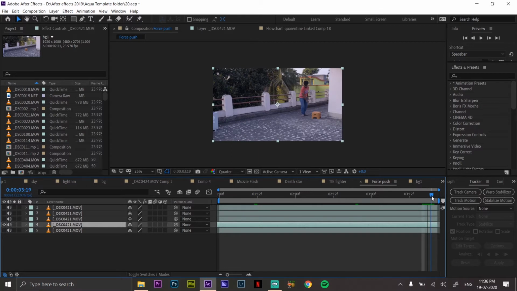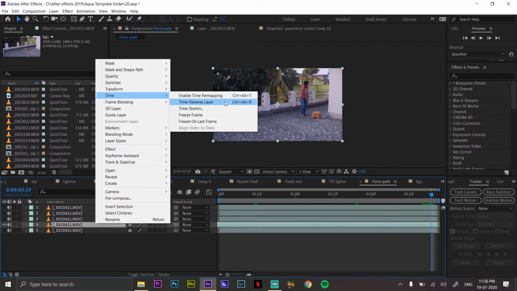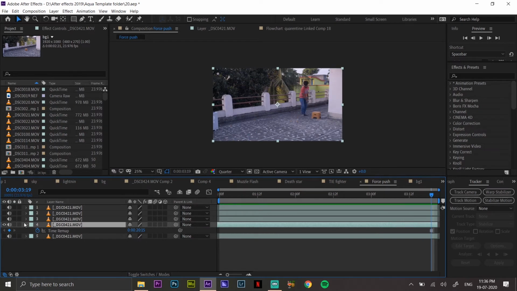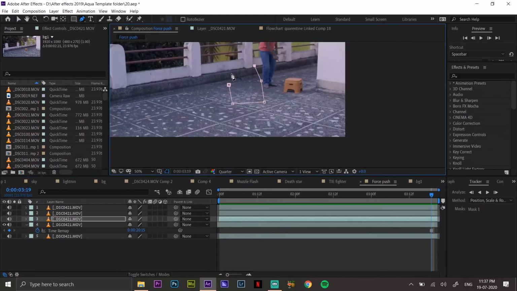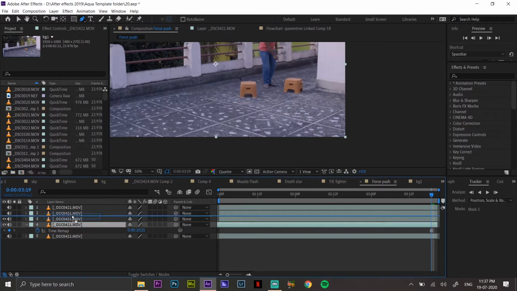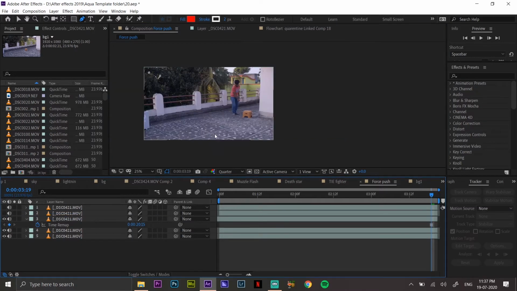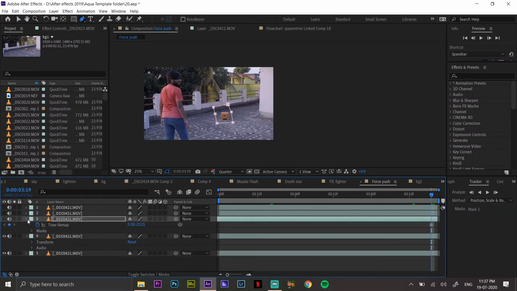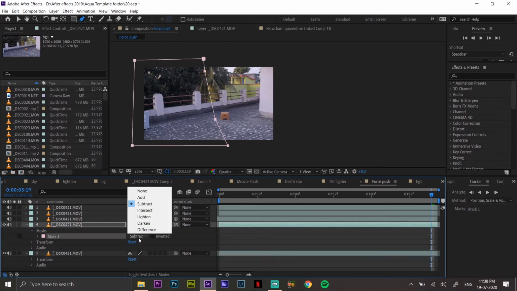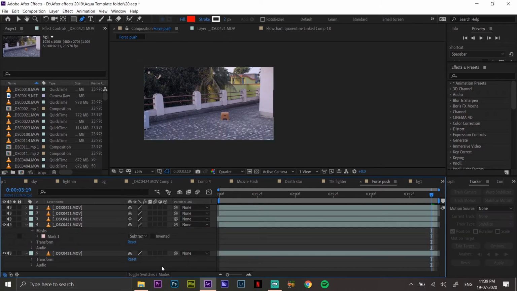And in the second video, now I'll mask the stool so that the stool does not stay there for the clean plate. And you can achieve this during shoot, which is ideal, but I forgot to do this, so I'm doing this now. If you do this during the shoot, you do not have to do it in post. So I'm masking the stool so that it disappears, and just hit the subtract button on the mask.